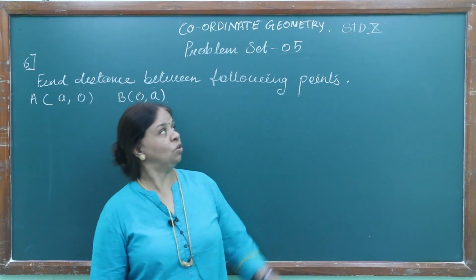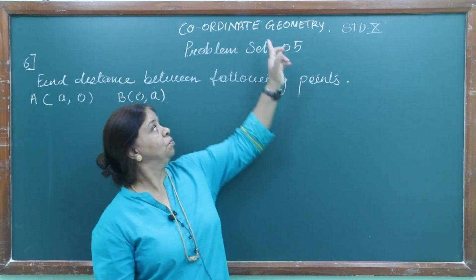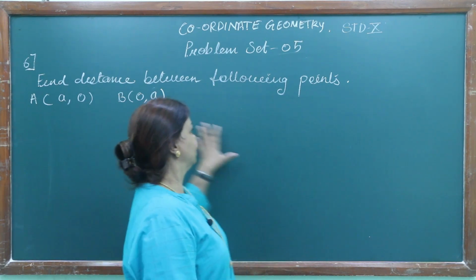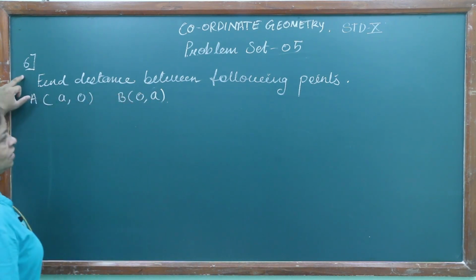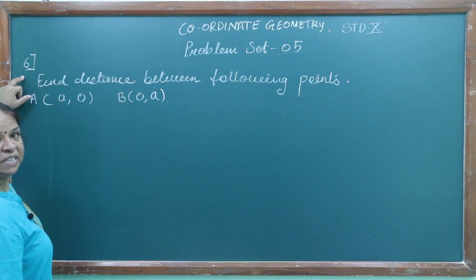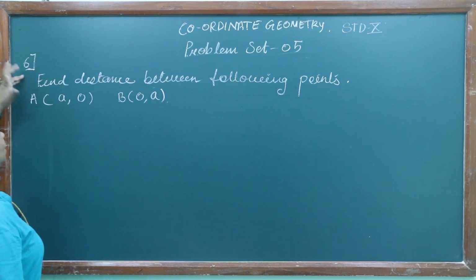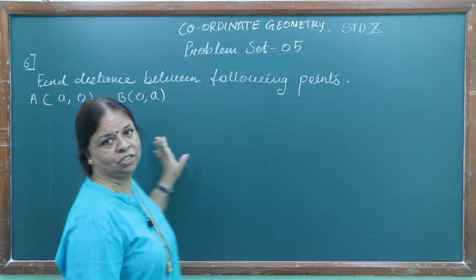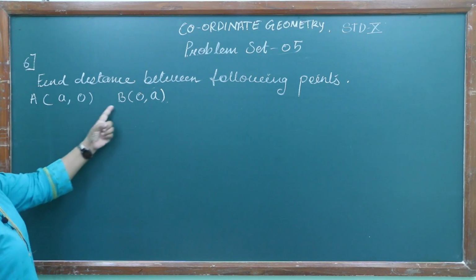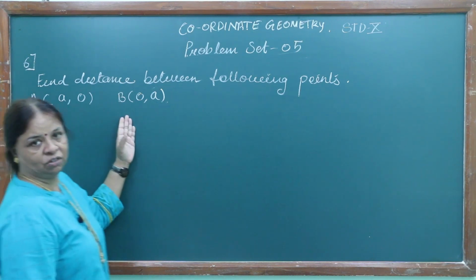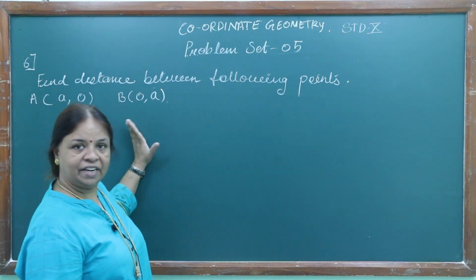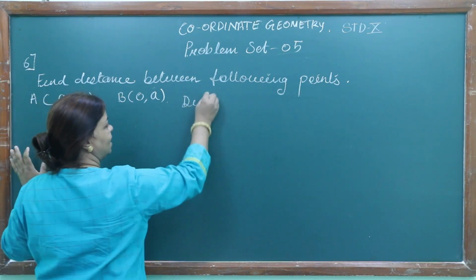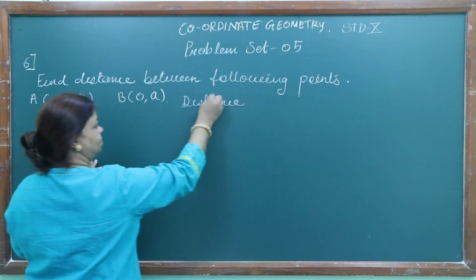This is part 2 of problem set 5 from coordinate geometry, children, and we will be learning from question number 6 of the problem set. Question number 6 says find the distance between the following points, the points which are given on the board, A and B. Now, if you want to find out the distance between 2 points, definitely you need to use the distance formula. So, by distance formula, children,